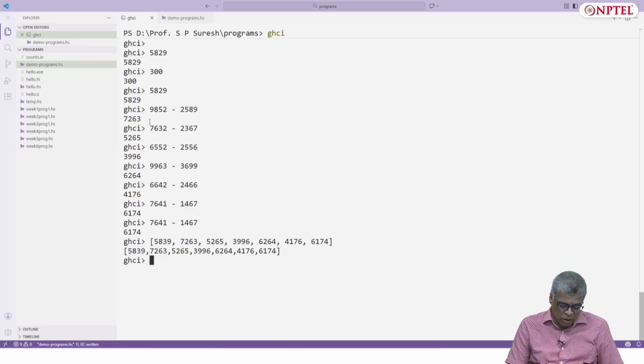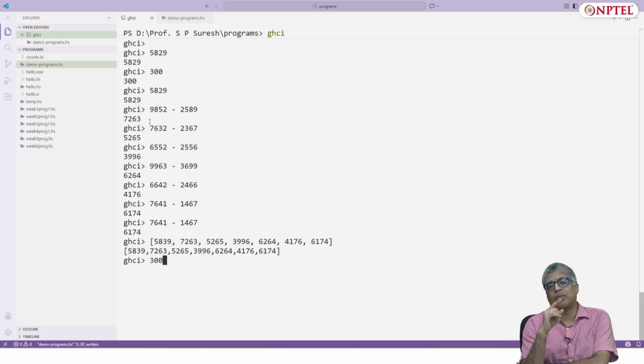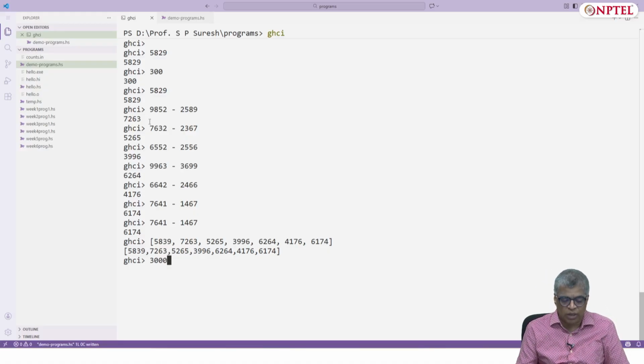To take the other example, suppose I start with 300. Remember I said you should consider it as a 4-digit number. So 300 should be considered as 0300. Then in descending order, the 4 digits will become 3000. 3000 minus 0003 is 2997. Now 2997 in descending order is 9972 minus 2799, 7173.